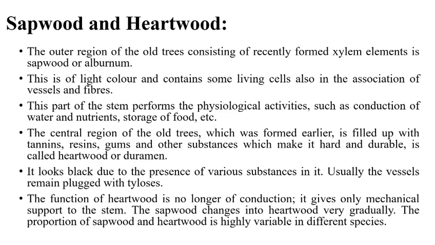Then what is sapwood and what is heartwood? The outer region of an older tree consists of recently formed xylem elements, that is known as sapwood or alburnum. This is of light color and contains some living cells, also in association with vessels and fibers. This part of the stem performs physiological activity such as conduction of water and nutrients, because they are recently formed and